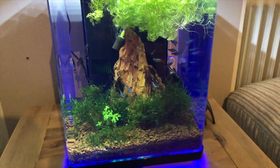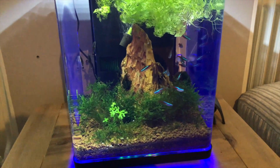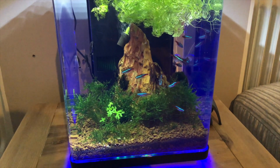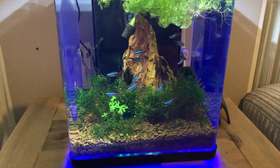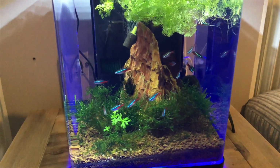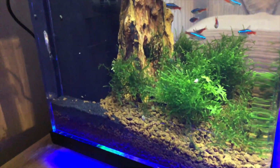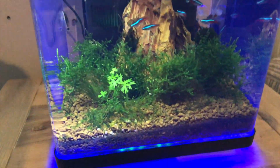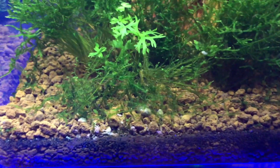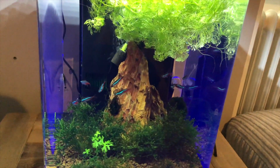So the other tank we have here is the Nano, which is only 20 litres, which is temporary. There's only about 15 of them, little neon tetras. There's also 3 Otto Swenglish, which are temporarily in here until the new shrimp tank is built, and then they'll get transferred over. Unfortunately, we've got a massive influx of snails, so we decided to split them between the tanks,